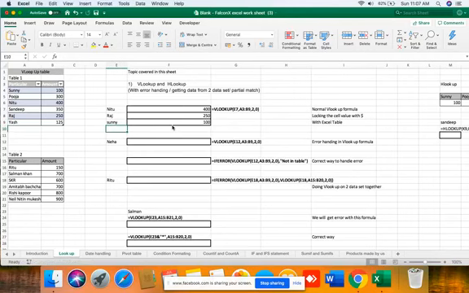Now assume that I am writing here Puja, and now copy pasting the formula. You don't have to change the reference again and again. That's the benefit of putting data in an Excel table.